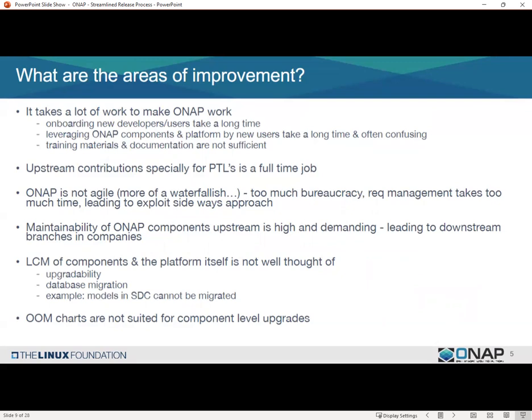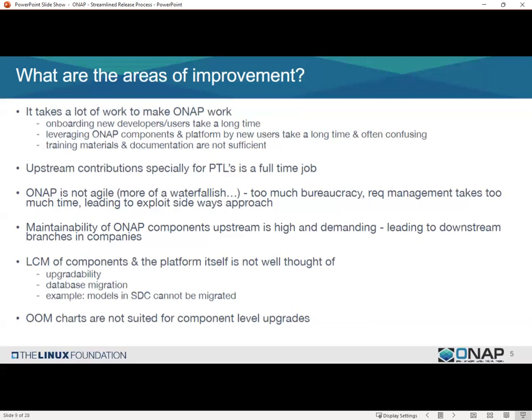There's also upstream contributions specifically for them, and the PTL is working a lot with upstreaming contributions. My point here is that what Ram is pointing to is